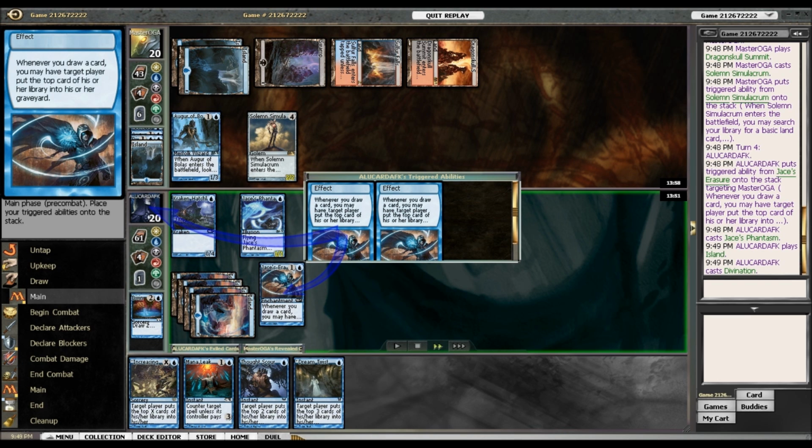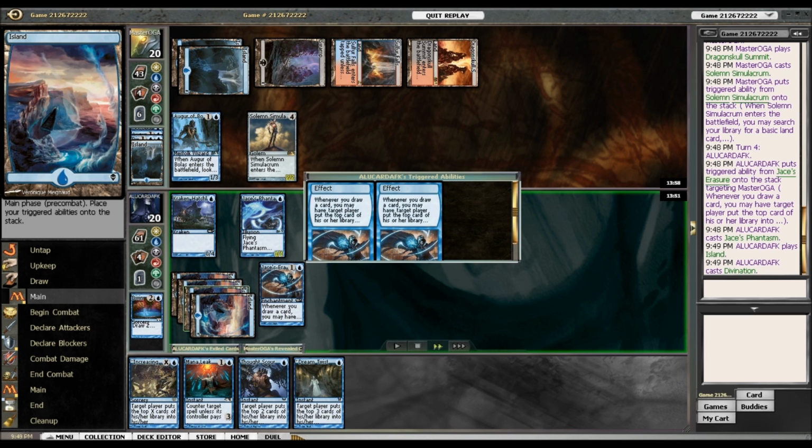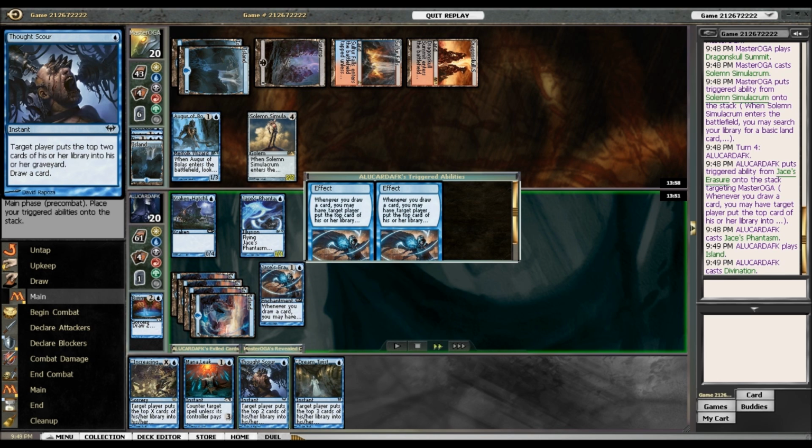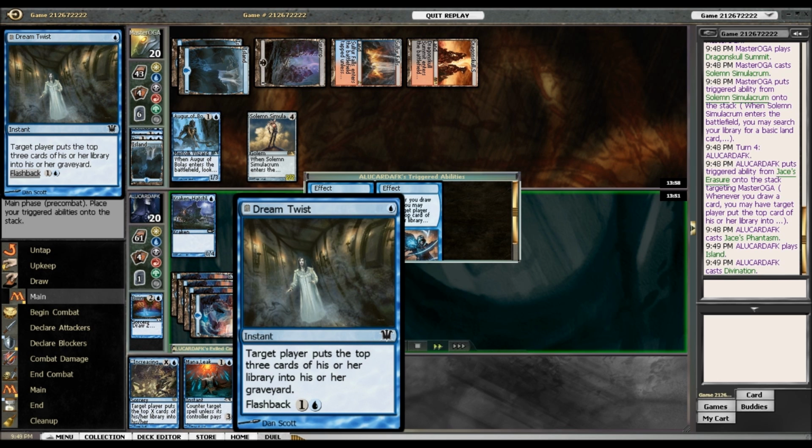And so when I drew cards, this Divination with Jace's Erasure is really powerful. So I wanted to probably try to keep at least 4 Divinations in there. Other than the fact that you get 2 cards, I drew a Thought Scour and a Dream Twist. Thought Scour puts the top 2 cards, you know what it does. He did it to me, or he did it to himself actually. And Dream Twist, really great card. I hadn't really seen it before, mainly because I haven't really delved into